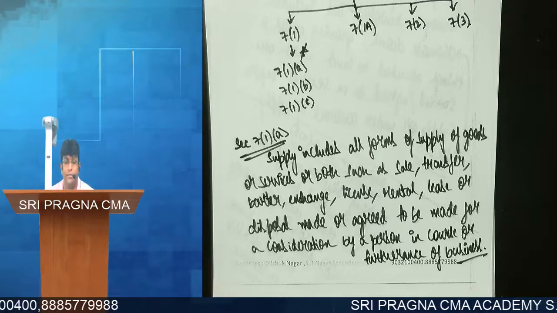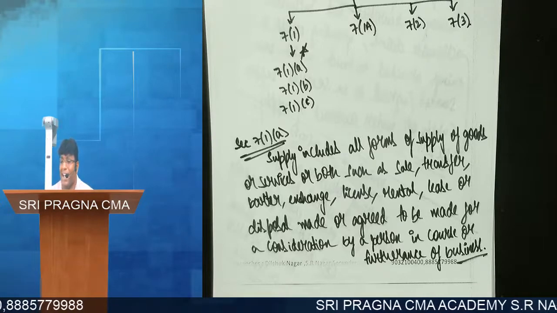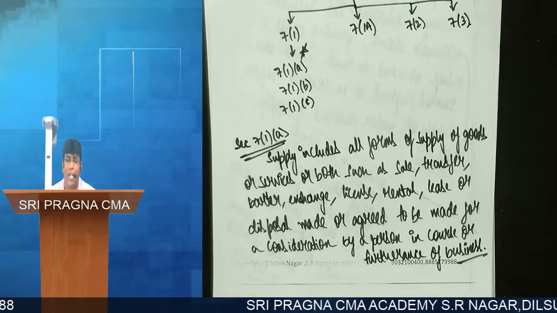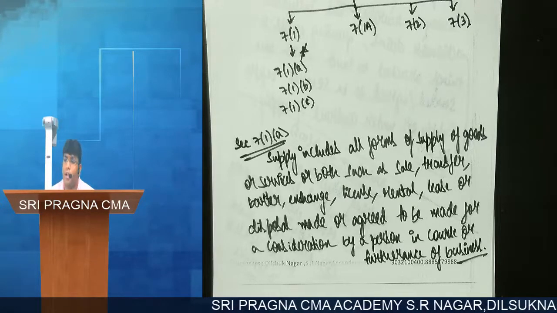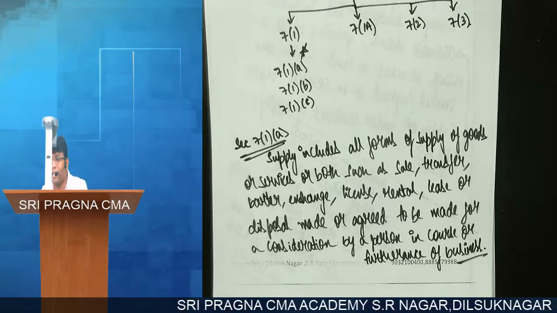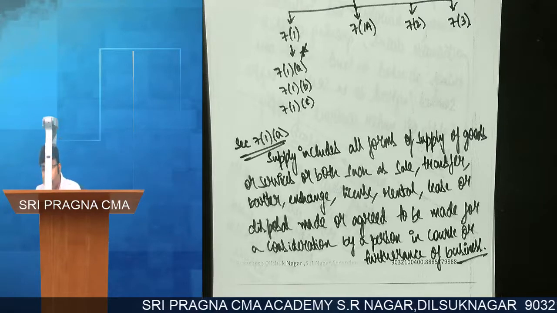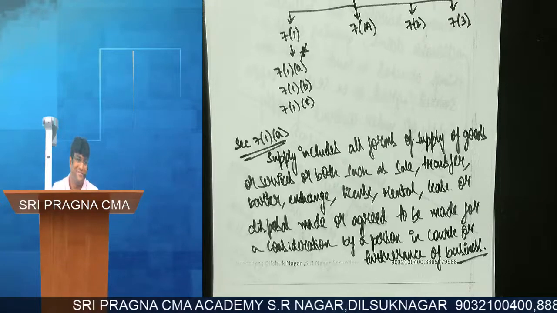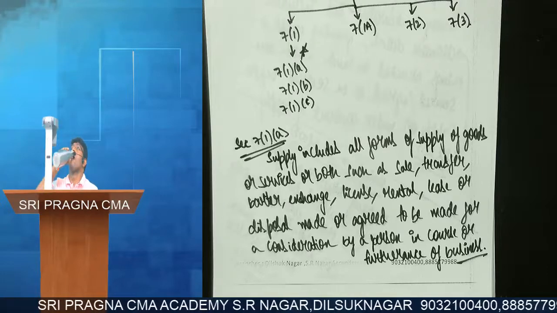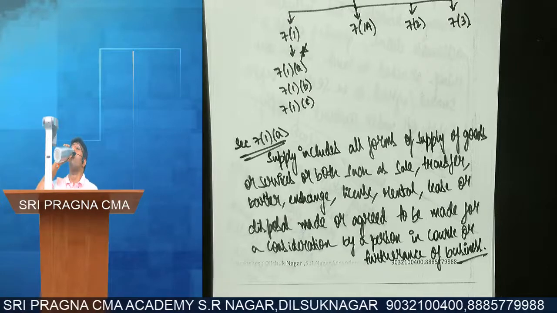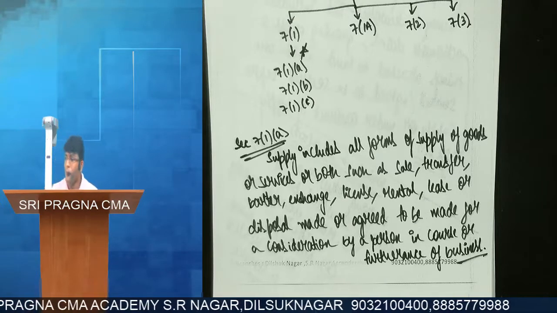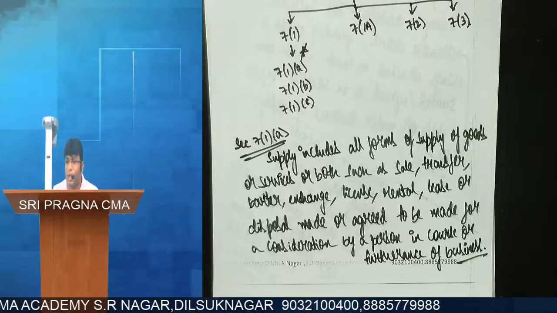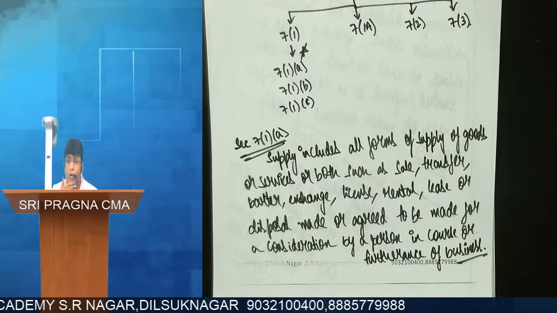Or what? Disposal is something like selling as scrap. So what? Still pay GST. Made or agreed to be made. That means what? Done or to be done in future. Contract is signed. For what, sir? Consideration. What is consideration? Simple answer for consideration is something in return, which could be monetary form or non-monetary form.